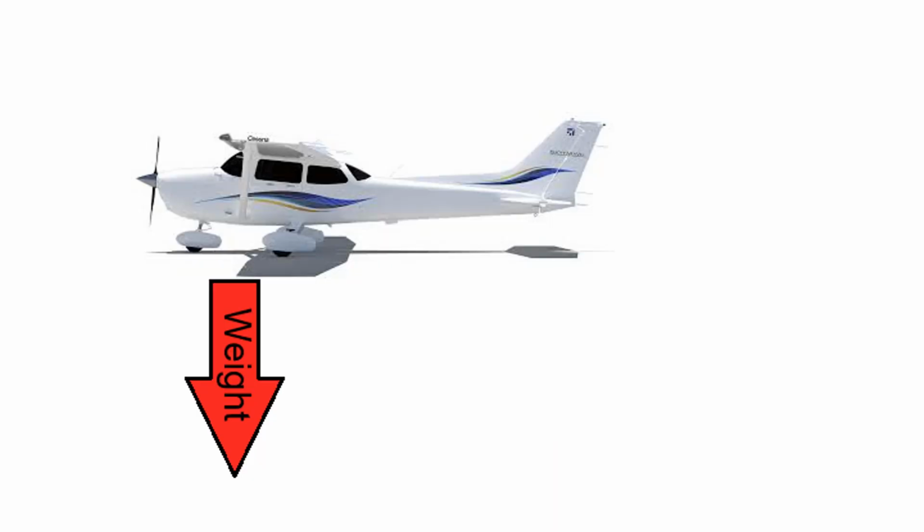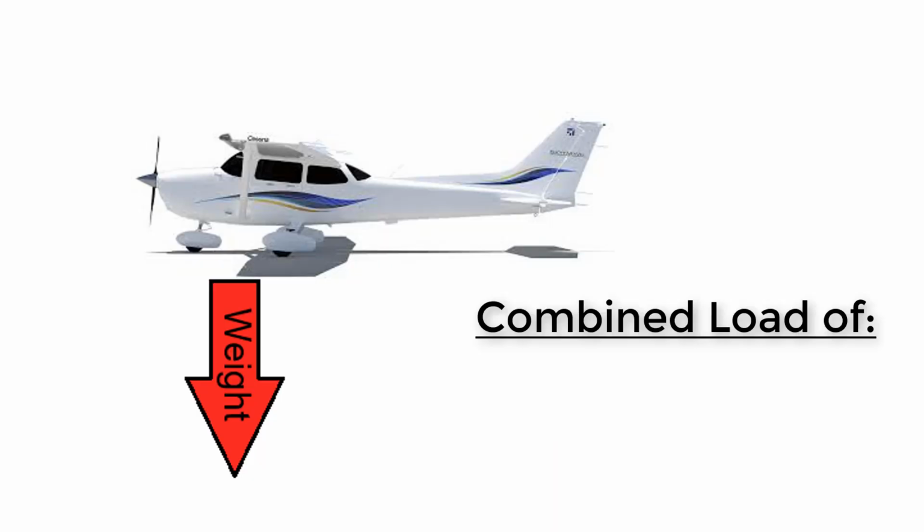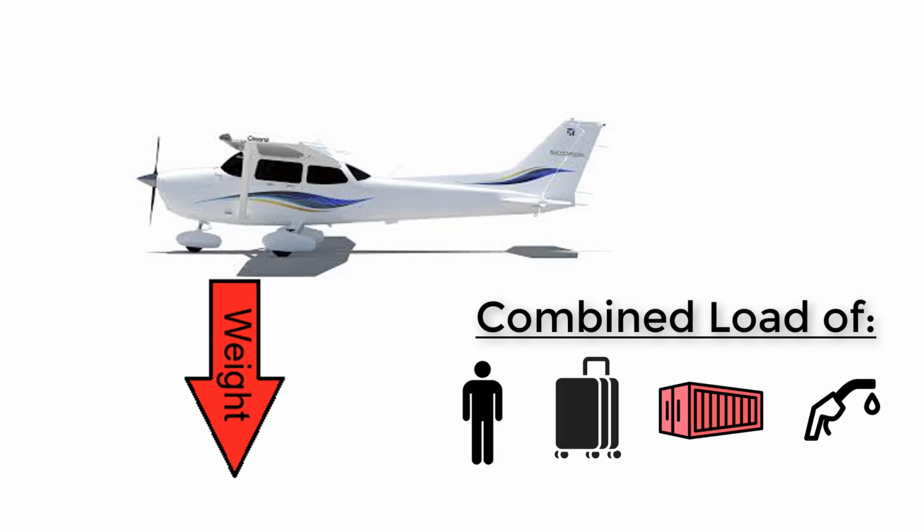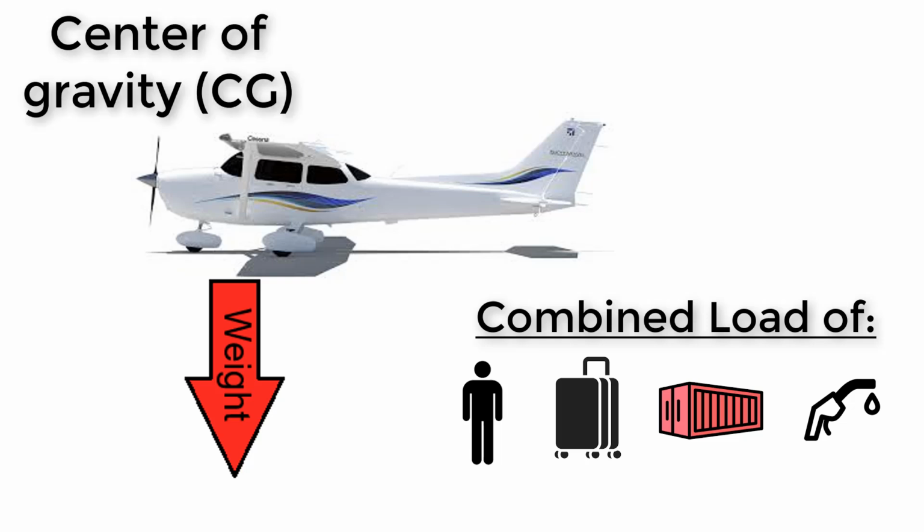Now, weight is the second force, and it's the combined load of all of the people, baggage, cargo, fuel, and the weight of the aircraft itself. And it acts straight downward through the center of gravity. So if you look at the airplane like this, the center of gravity is a point, probably right about here, and